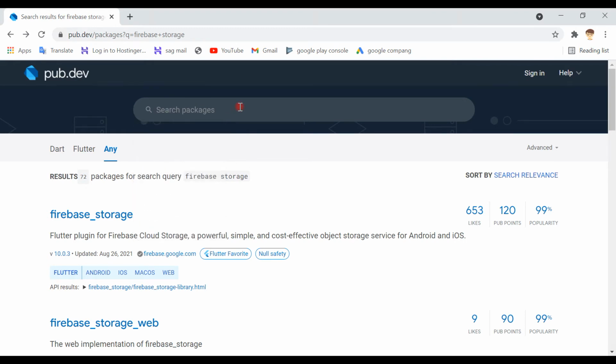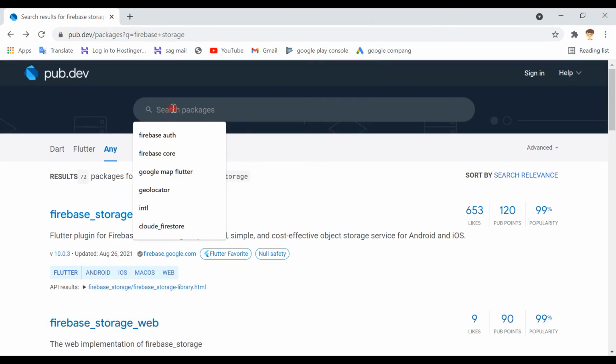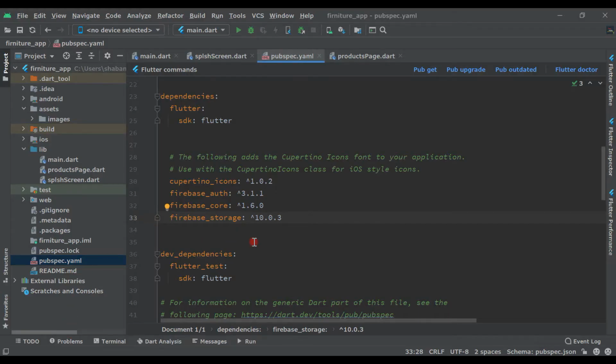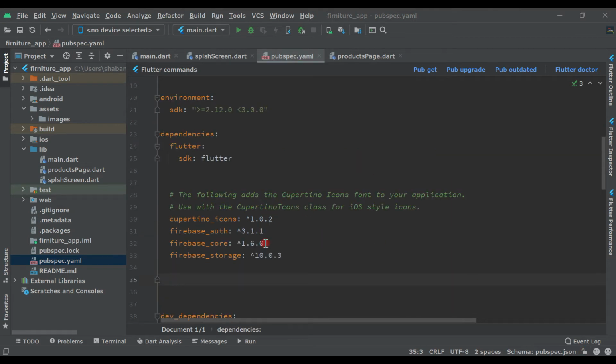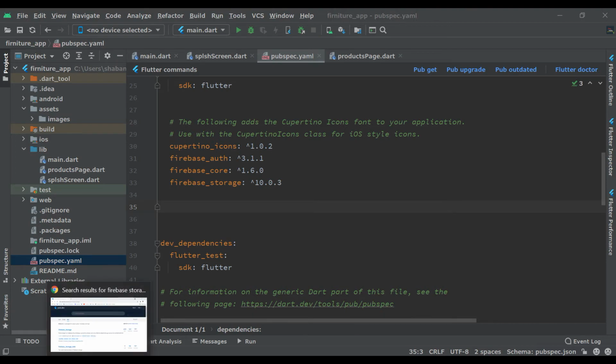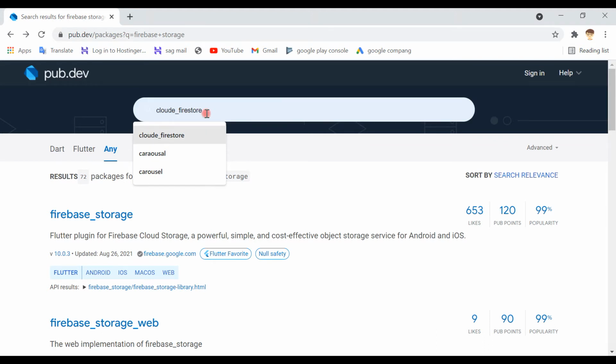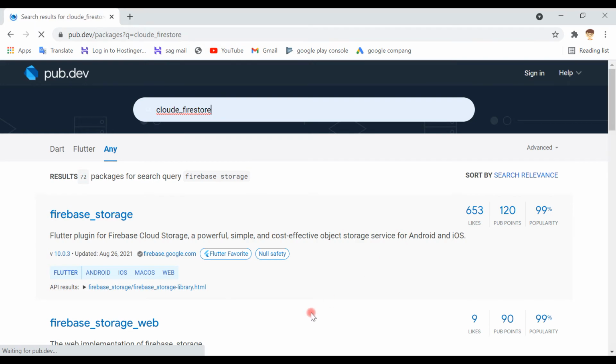I think we added all the other dependencies. Now I think it's enough. Come back here, and we need one more dependency. So I think we forgot two dependencies. Come back here, write Cloud Firestore and enter, and when you enter you will see